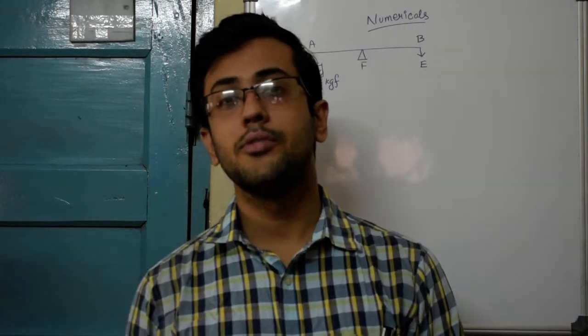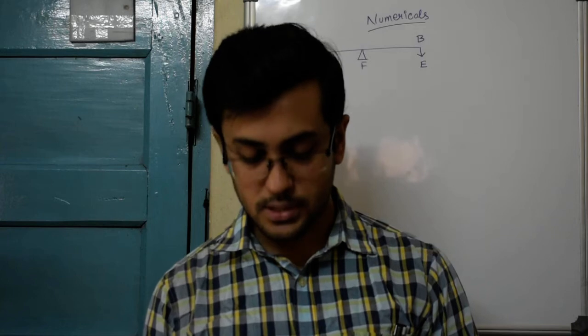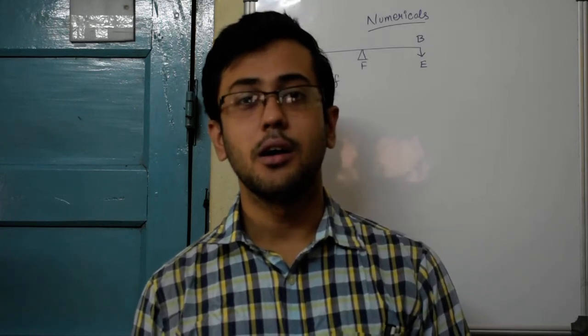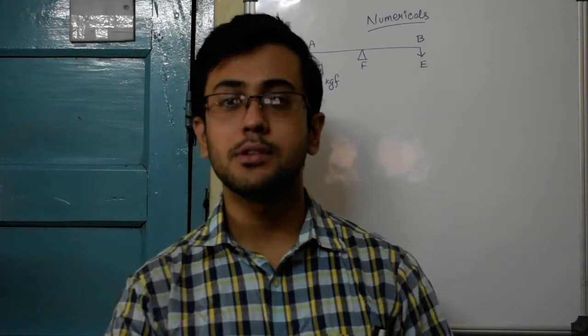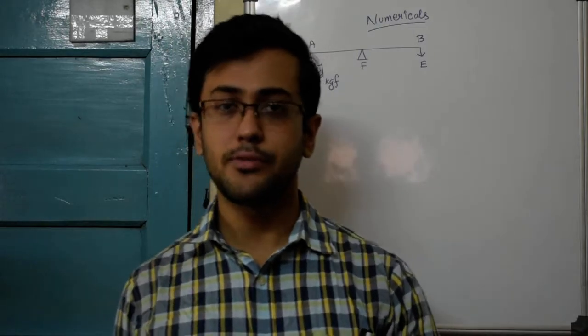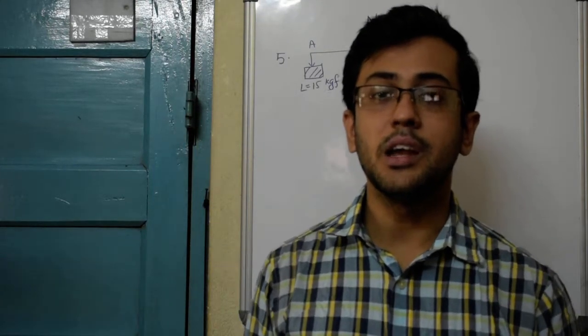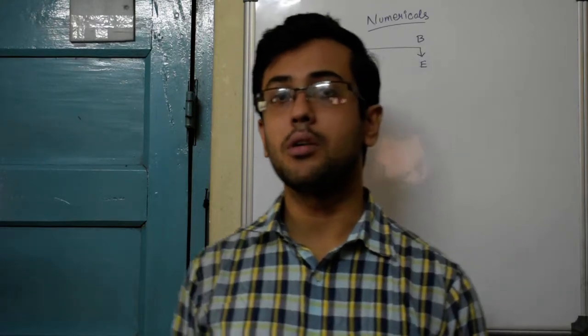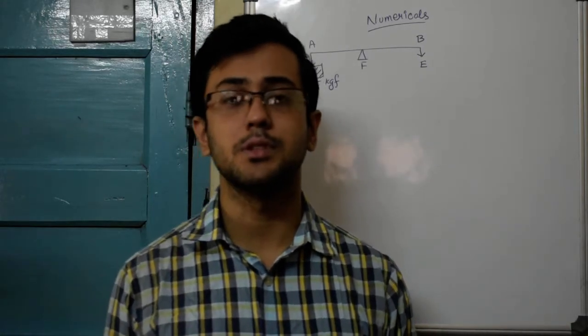Hello students. So today we will be doing a few sample numericals on this chapter of machines. Until the last class we had covered the theory on this chapter about the first unit of machines, the areas of lever, the principle of a machine, the three classes of the levers, their examples and so on. Following that unit you should find in your book that there is an exercise with some sample problems.